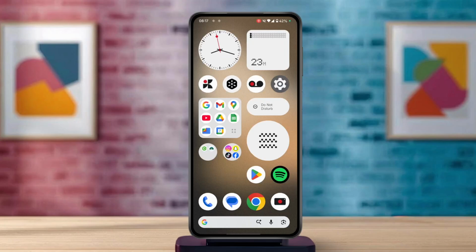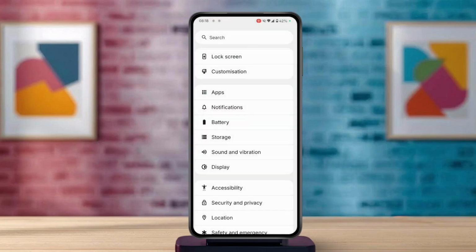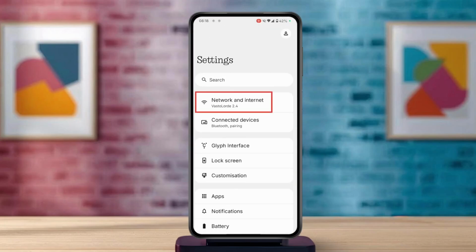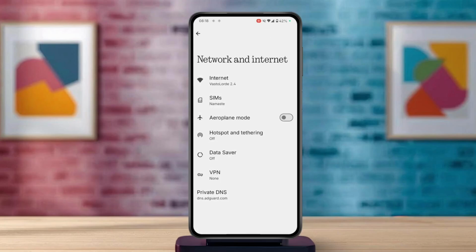Now let's just jump right into it. First step, you'll need to locate your settings, then open it up. After you're on your settings, head over to network and internet. After you're on your network and internet, there you'll find multiple options. What you'll need to do is head over to your private DNS at the bottom,